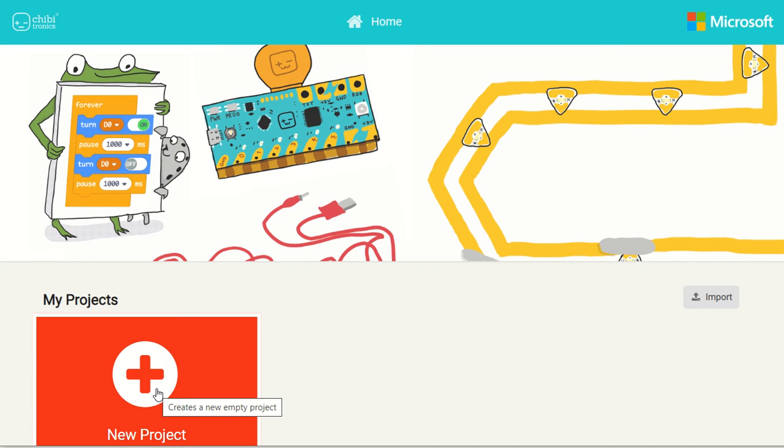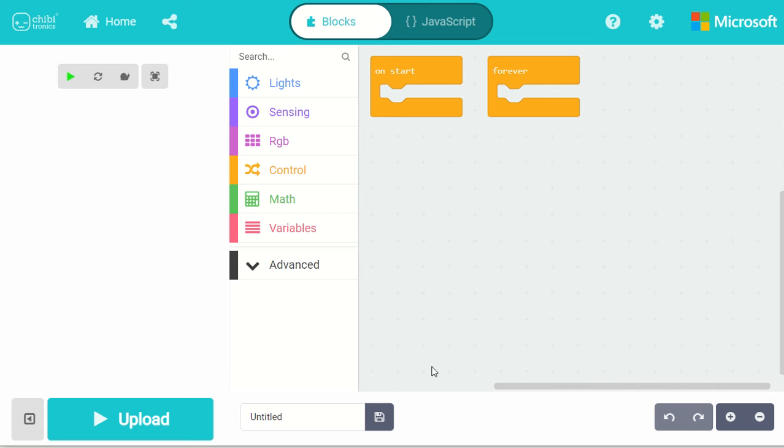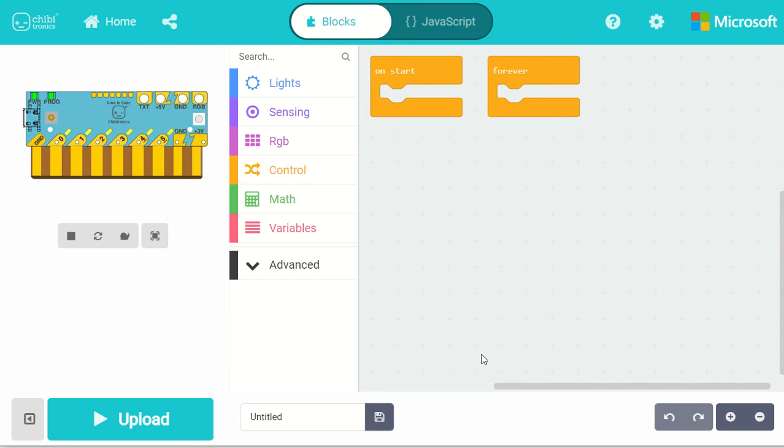So once this website you have opened up on your browser, you need to click on new project. So once you people will click on the new project, this is how the thing will look like. And this exactly is going to be the simulator for whatever coding we people are going to create today. Even in regards, if I talk about turning on off the LED also, that's how we people will go ahead.